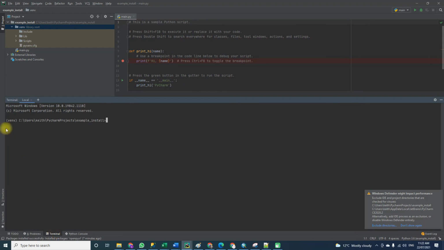So if we open up a terminal, we've got the venv, and then we just do pip install and then the full path to those files that we downloaded, and then they should process and